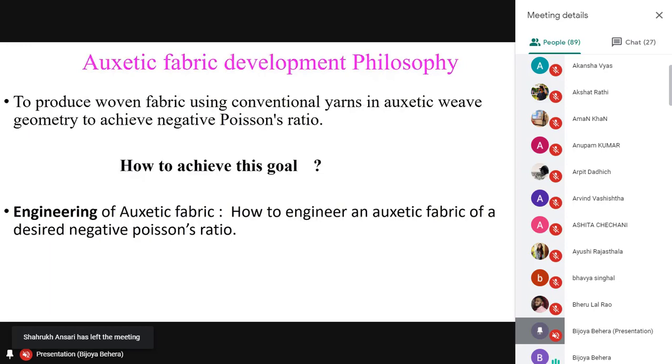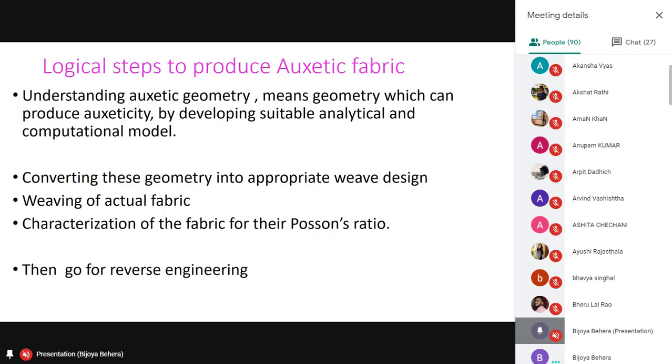But today I will only show you developing some auxetic fabric, measuring its NPR value, and I'll compare 7-8 different structures. You will see how different structures are giving different auxetic values. But those structures you can analyze yourself by mathematical tools, using the technique which I have already explained in these two geometries. This technique can be used for any geometry.